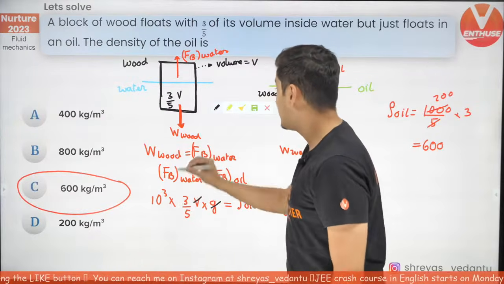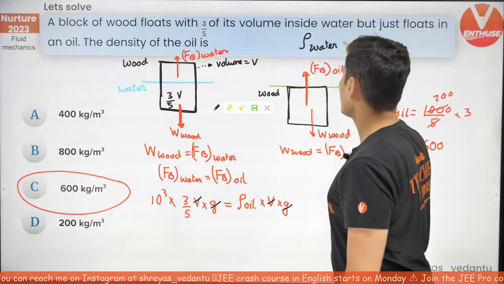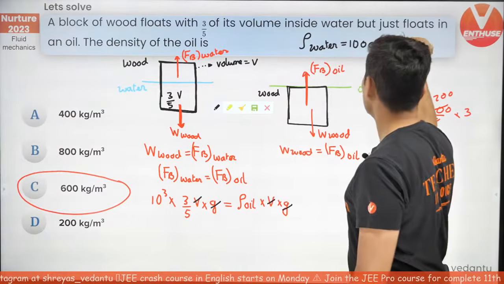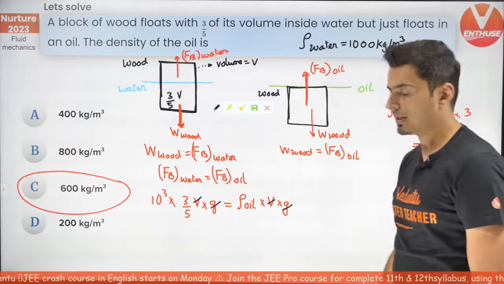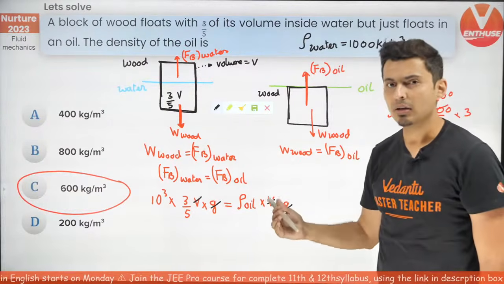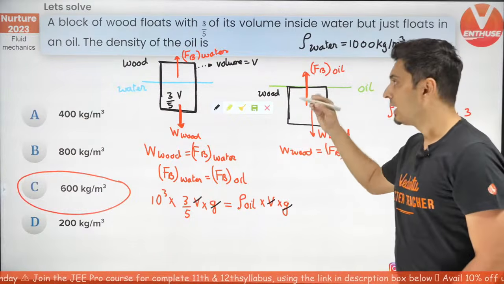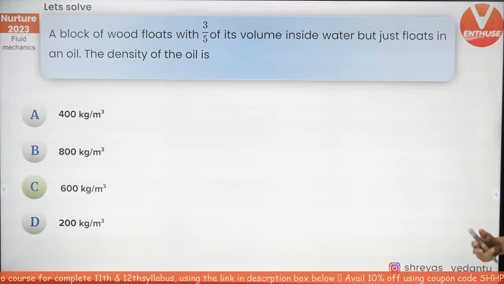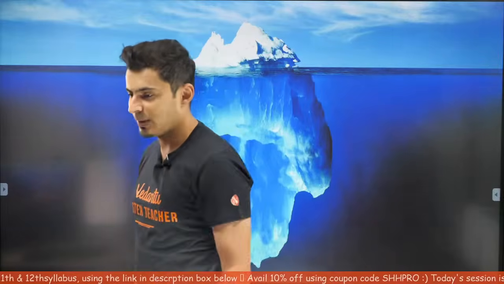The density of water will not be given. You should know that. Density of water is always 1000 kg per meter cube. Something which you should always know. Perfecto Sidhu, perfecto IIT aspirant. So that's how you start solving problems. Now that you are slowly understanding how things are to be solved and what is buoyant force, let's scale it up and let's solve some more problems. Okay, perfecto, we got the answer as C. Moving on to the next one.